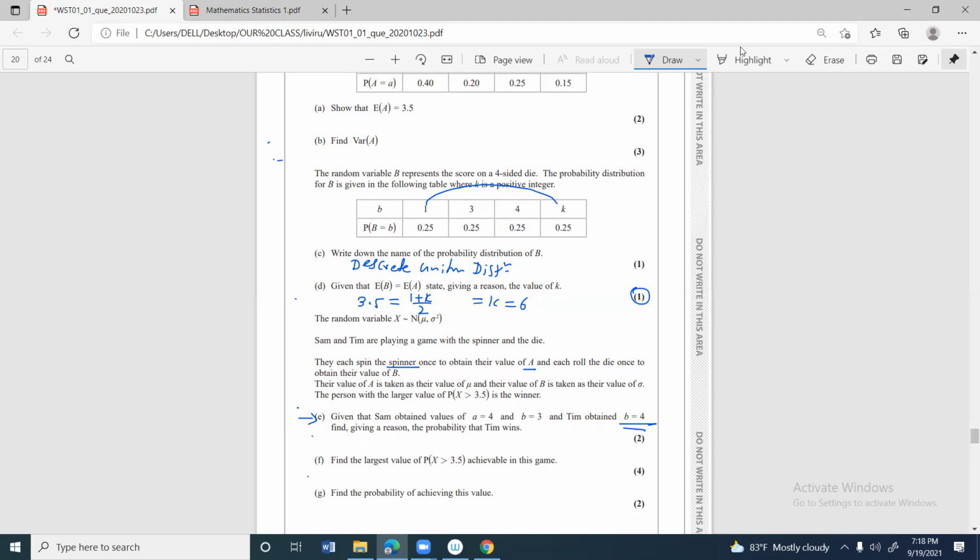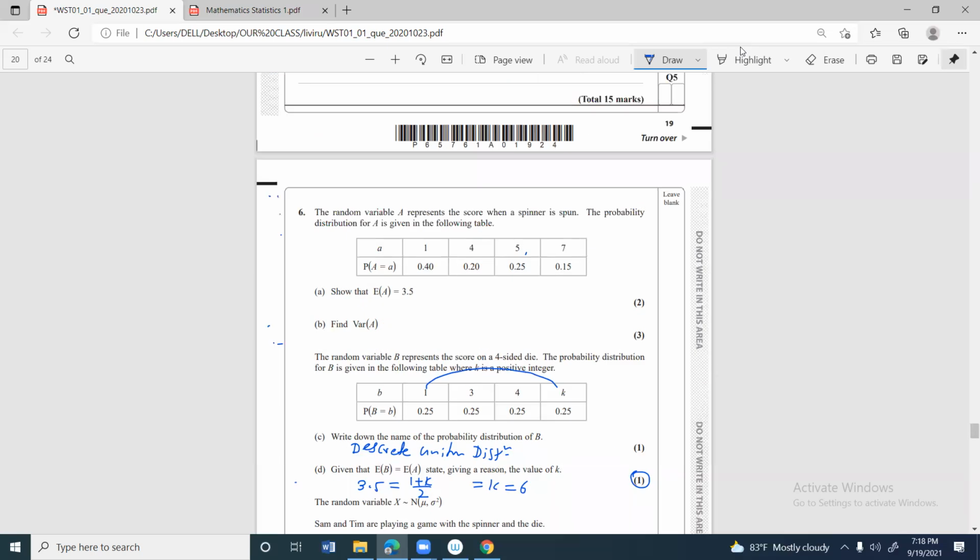The variable A is taken for the value for mu and the variable B is taken for the value of sigma. The person with the larger value for the probability of X greater than 3.5 is the winner, right? Okay. Then Sam was rolling this one today. As a result, Sam gets a count of 4 at A. Therefore, for Sam,